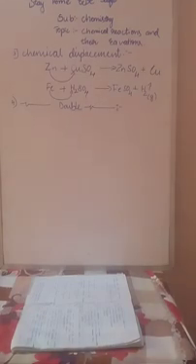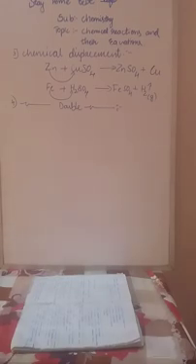So the next type is chemical double displacement. Chemical is the same, double displacement. Displacement is also the same. Only one word has been added, for double. Almost even the definition is the same here. In the earlier one, one element was displaced, no? Here, the reaction in which both the elements are displaced by each other is called chemical double displacement. Both the elements are displaced by each other. That is called chemical double displacement.